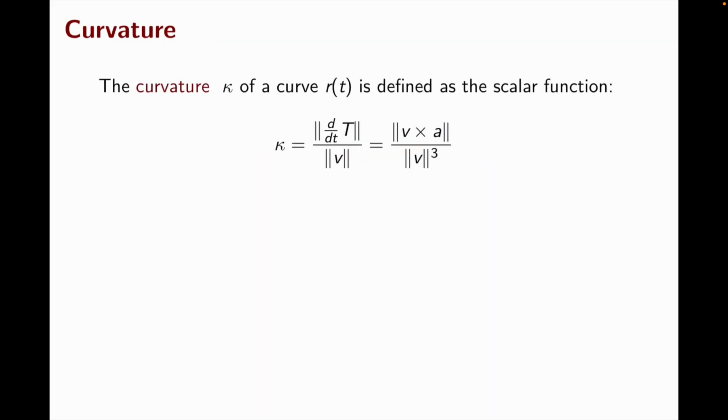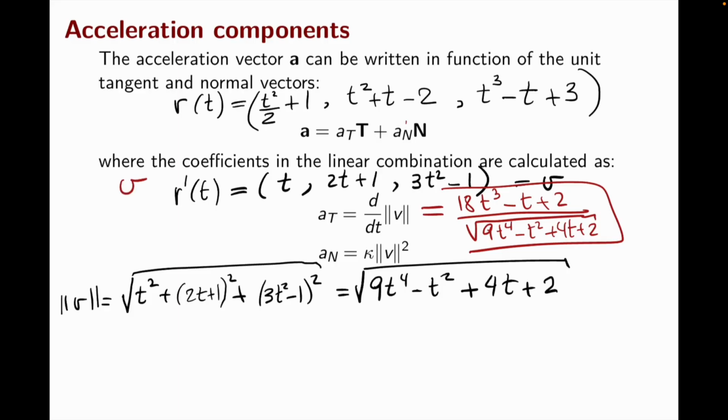So we're going to calculate v times the acceleration divided by the norm of v. Recall that v is this one, so the acceleration, the derivative of this, will be equal to 1, 2, 60. So that's the acceleration. And now we need to multiply